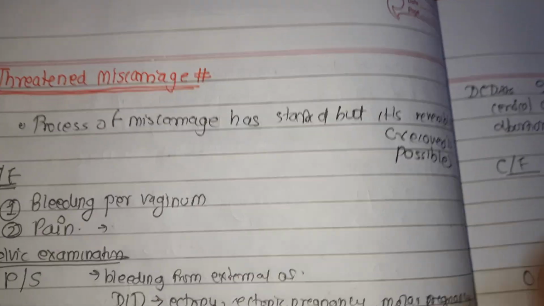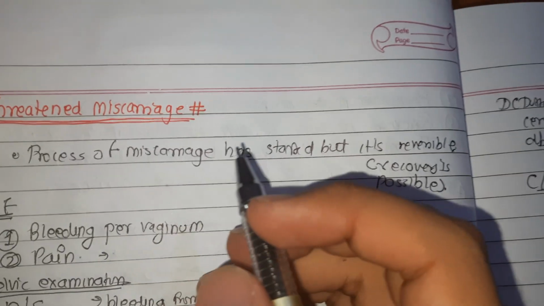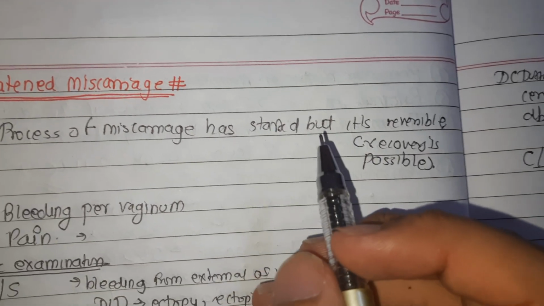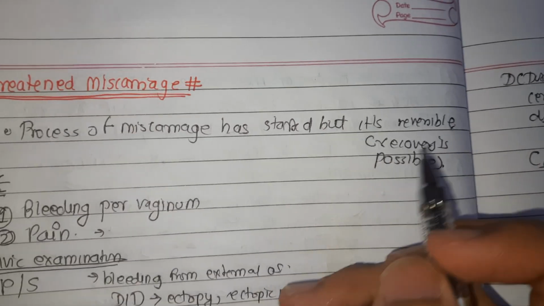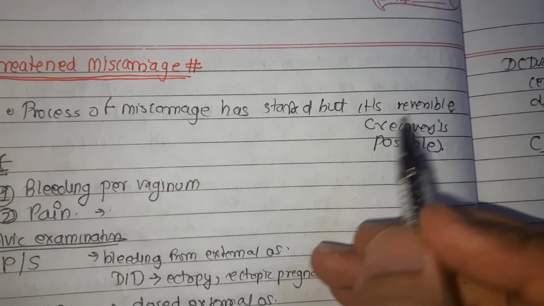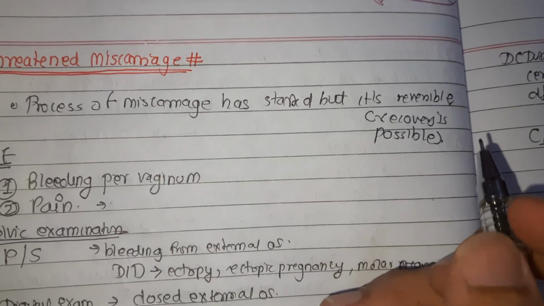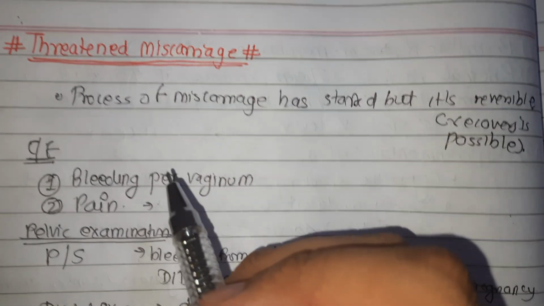Threatened miscarriage is a clinical entity where the process of miscarriage has started but has not progressed to a state from which recovery is impossible. In simple words, we can say that the process of miscarriage has started but it is reversible. The recovery is possible and we can prevent the abortion. And the patient has symptoms